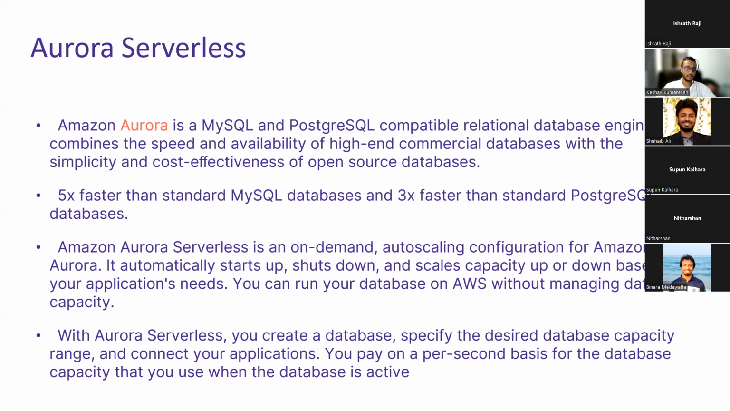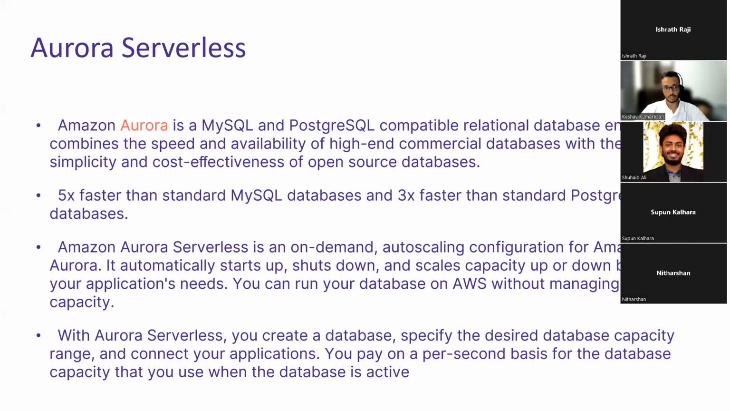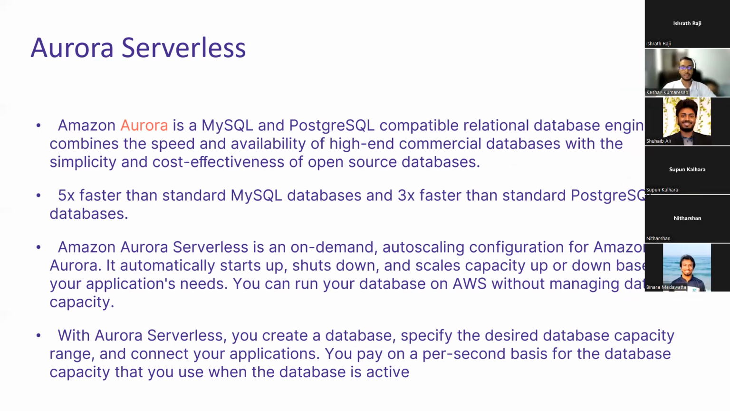Under that, Amazon provides something called Aurora. That's their own proprietary service that they have developed. And what they are guaranteeing is that Aurora is much more performant. It's 5 times faster than normal MySQL databases and 3 times faster than normal PostgreSQL databases. So they're guaranteeing that it's much faster. And in this Aurora database, there's a serverless offering. So what that means is